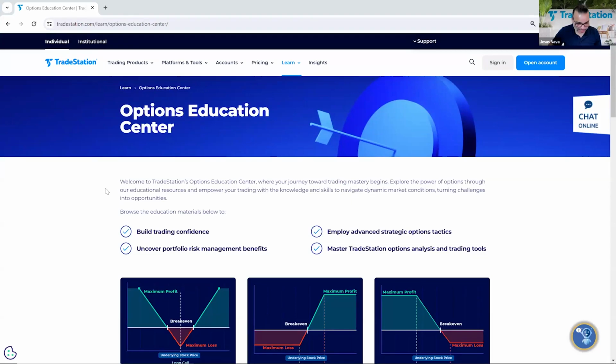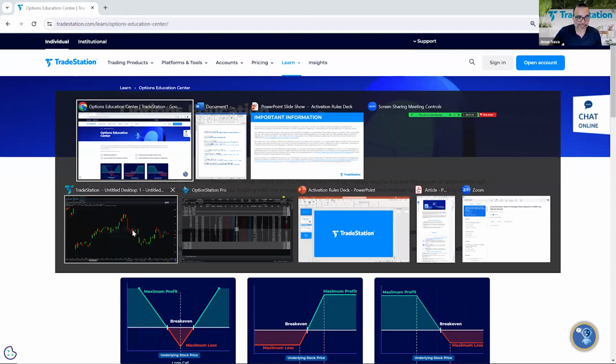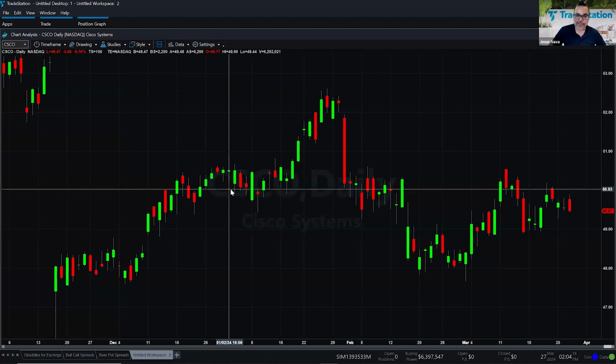All right, let's go ahead and switch over to my TradeStation platform and start talking a little bit about activation rules. Activation rules sometimes is something that not a lot of TradeStation users are aware of. Maybe because it's a little hidden. Sometimes you do have to enable advanced order features in order to see the checkboxes, and you may miss it